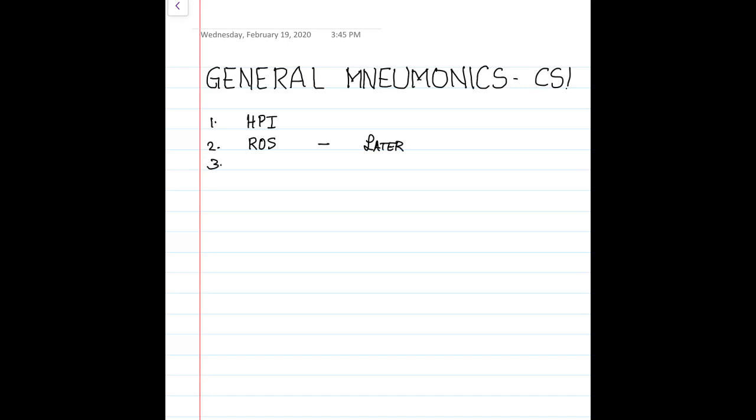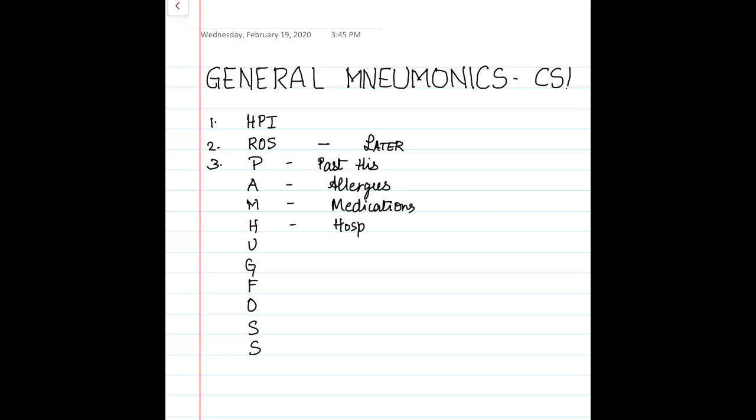Then we follow the mnemonic PAMHUGFOSS, which is Pam Hug Foss. Let's see what this is. P is for past history. A is for allergies. M is for medications. H is for hospitalizations,